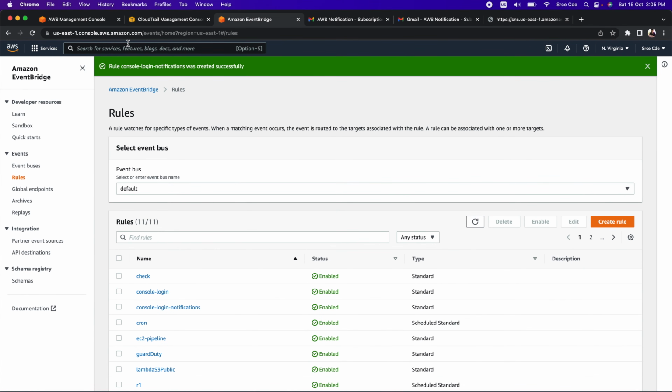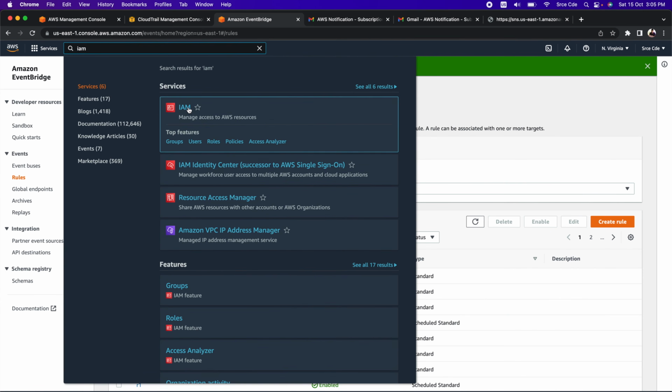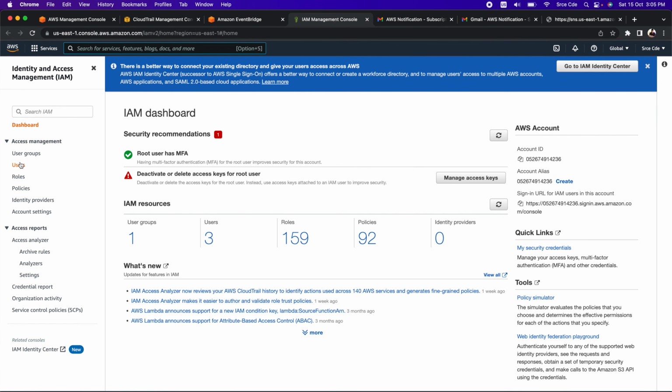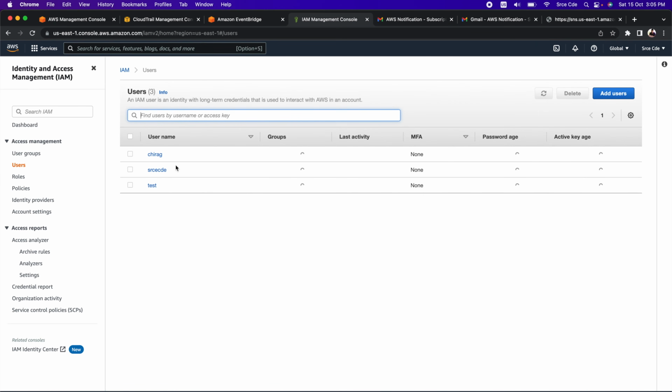Now let me quickly open the IAM management console. I will click on users, and here I have multiple users with the names Chirag, SRCECD and test. So we are going to use one of these users to log in to the console and see if we are receiving the notification or not. So let me open this Chirag,